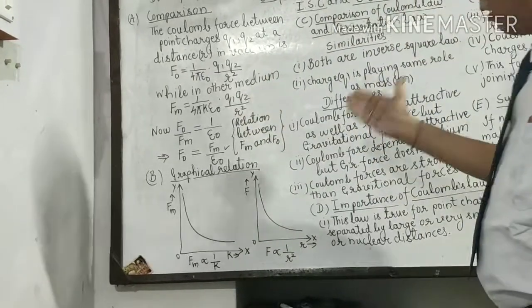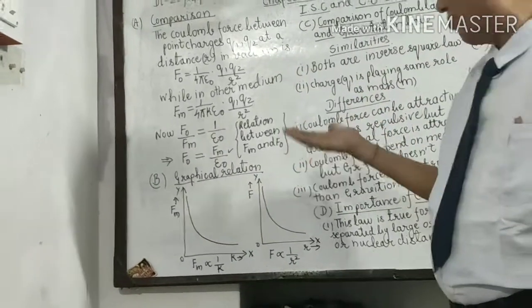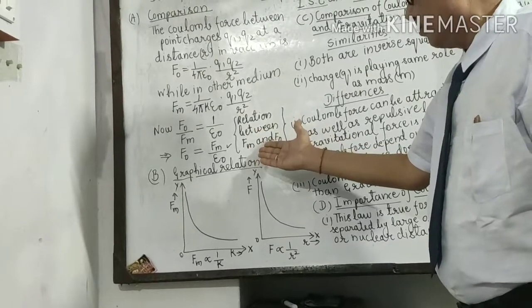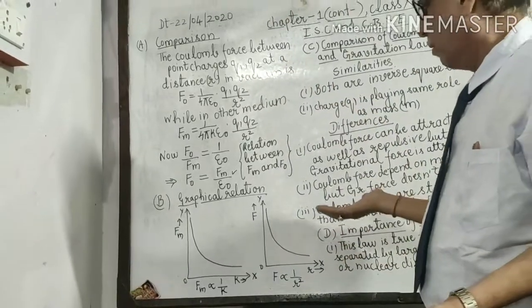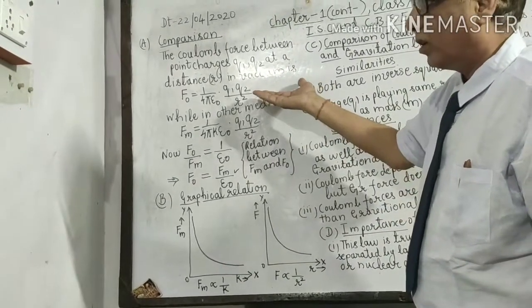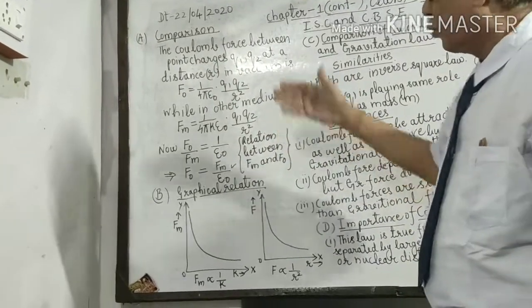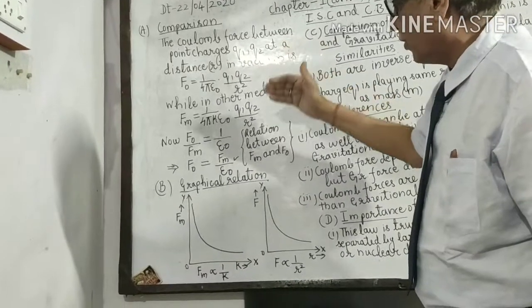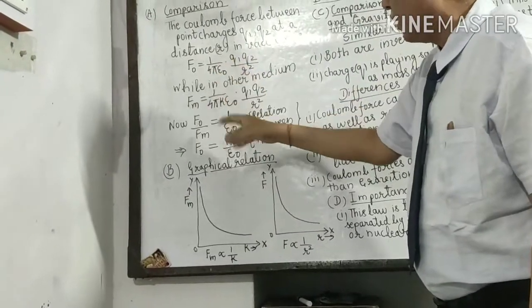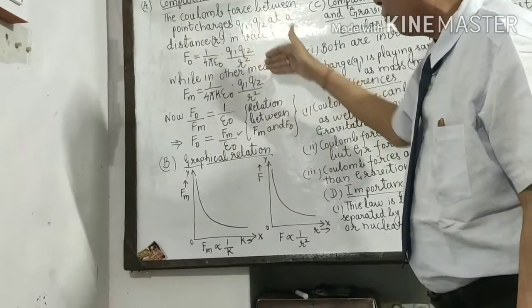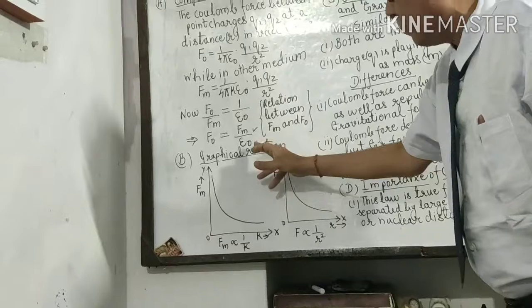In board examination, it is asked to establish a relation between force in medium and force in vacuum. So how will you do it? In order to maintain a relation, you do either multiplication of the 2 equations or division. The best method is to divide the first equation by the second. So you will get F0 upon Fm. The rest, 1/4 pi epsilon naught, 1/4 pi, gets cancelled, and you are left with F0 is equal to Fm upon